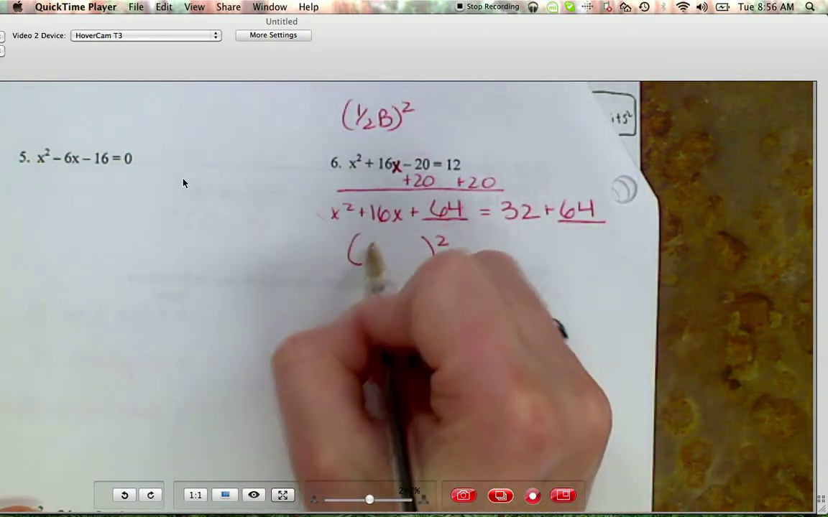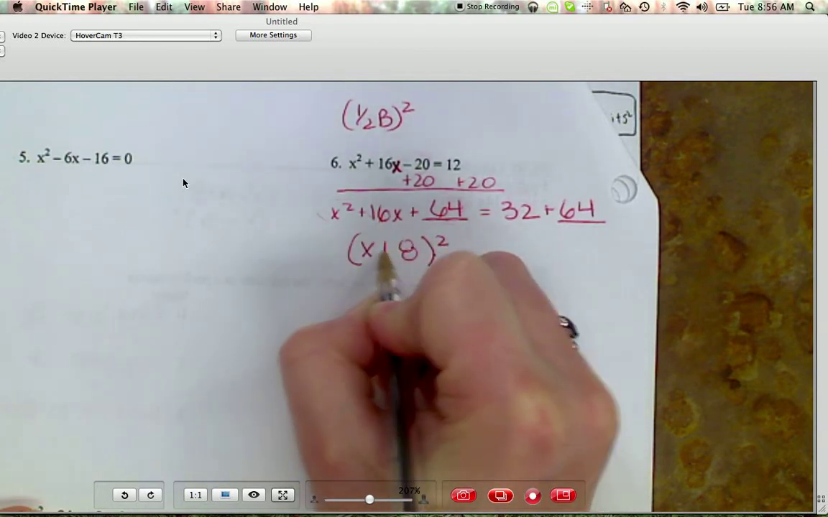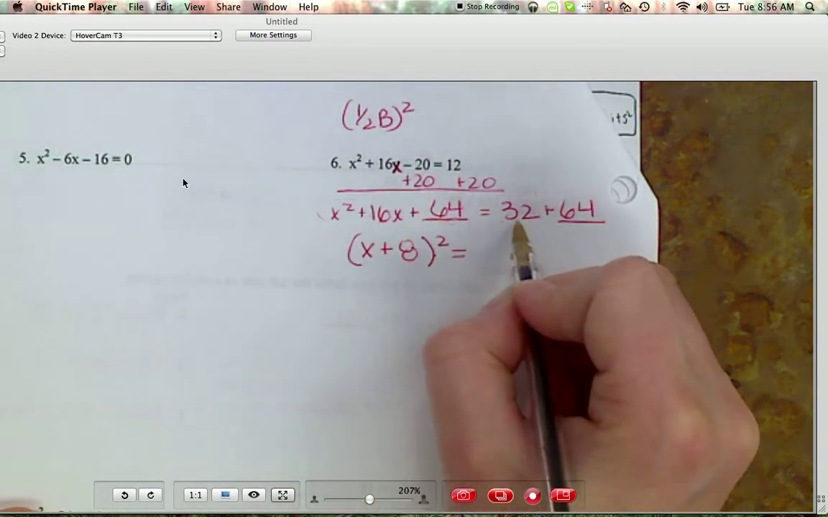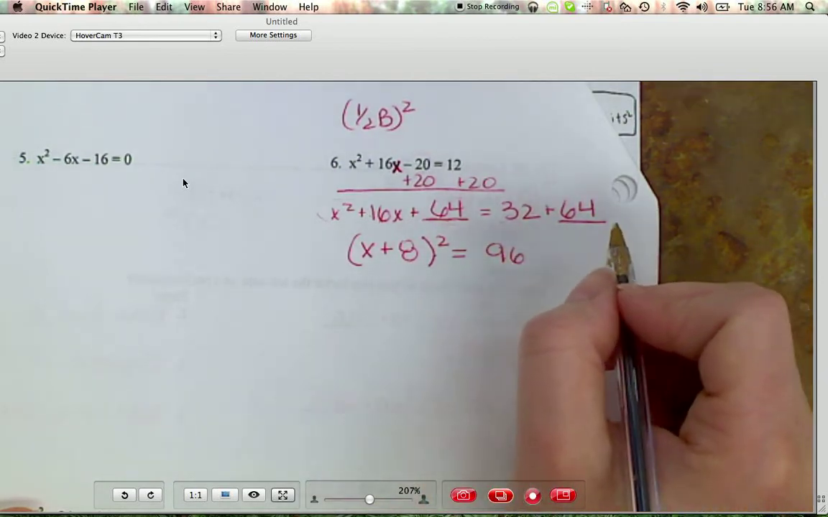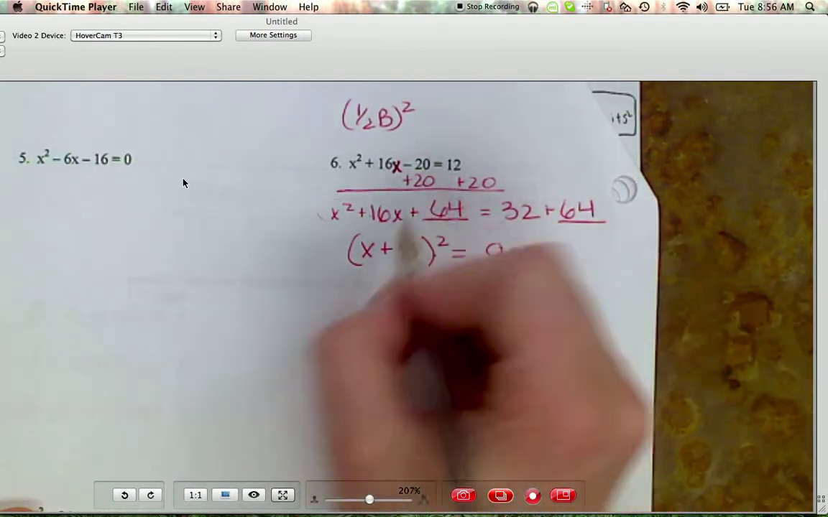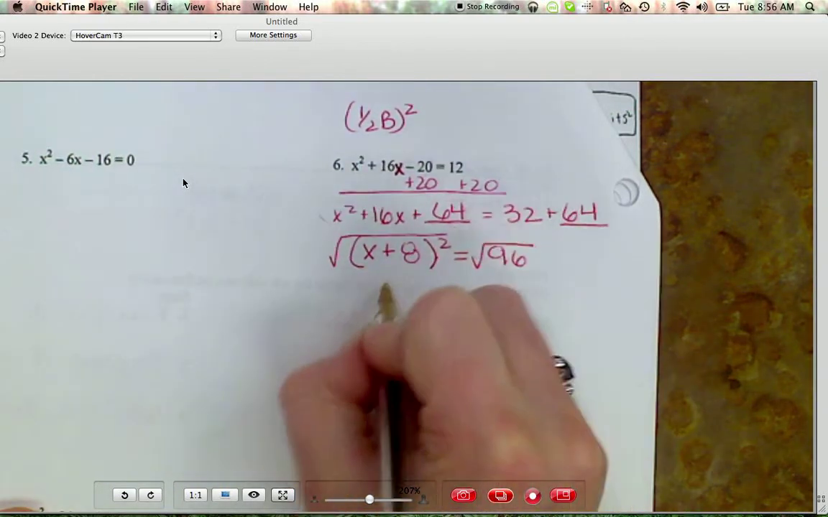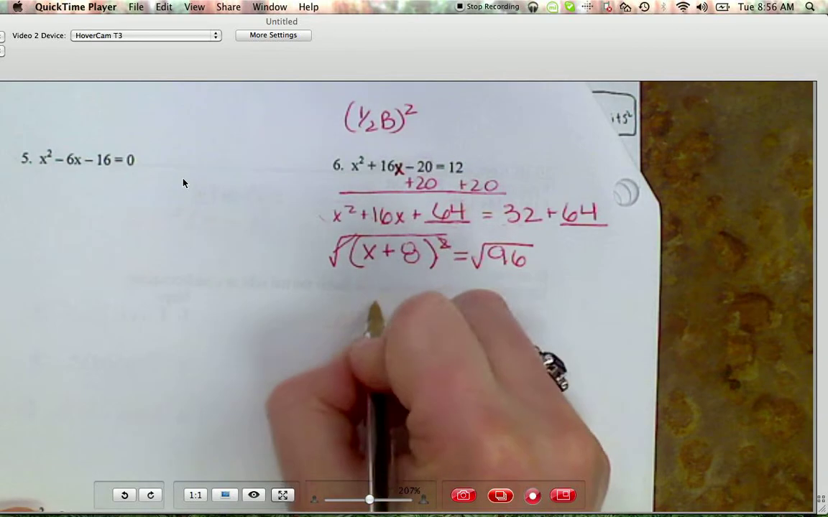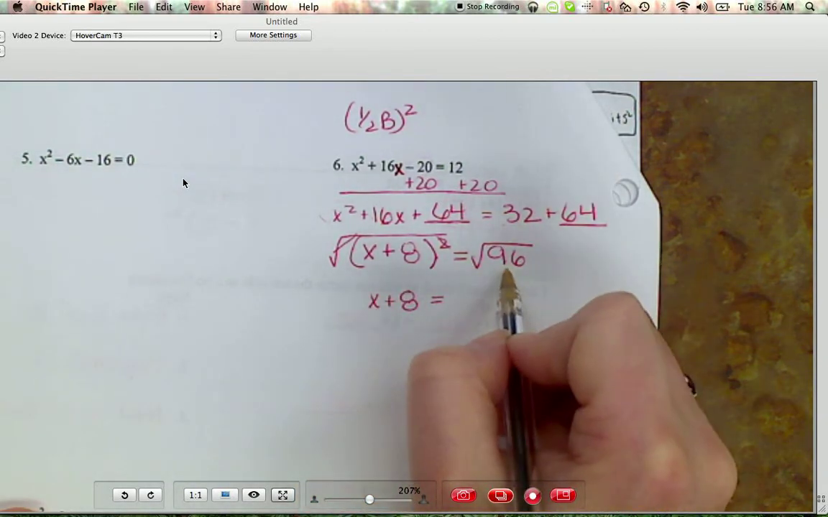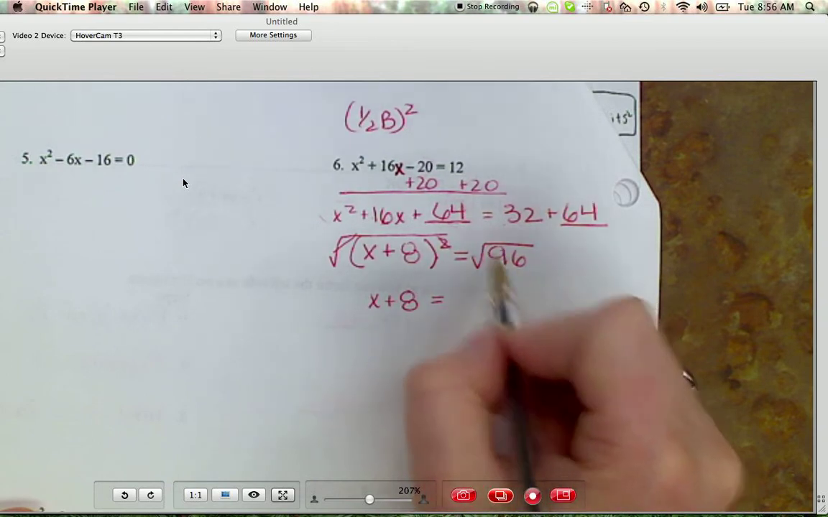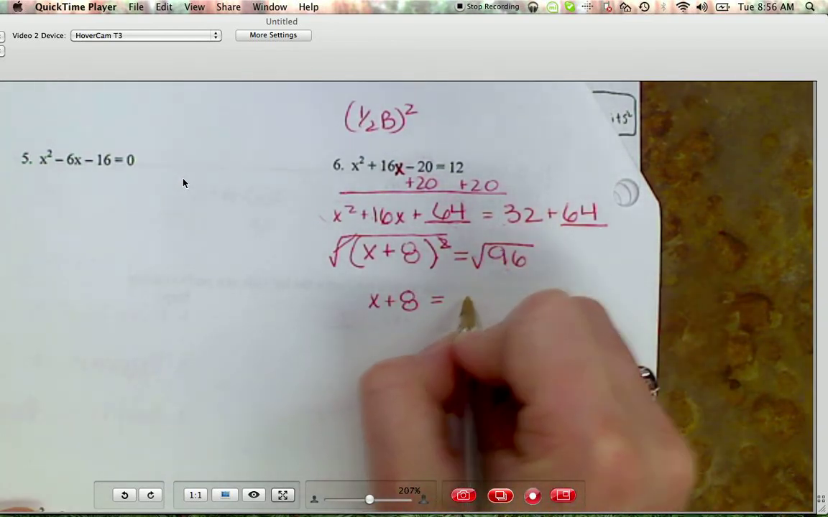Take the square root here, take the square root here, bring down the sign in the middle. 32 plus 64 will give us 96. Now we need to finish solving. So to undo this square, we take the square root of both sides. The square and the square root will cancel. You get x plus 8. Now, 96 is not a perfect square number, so when we take the square root, we will get a decimal. And we're going to round this to the hundredths place,